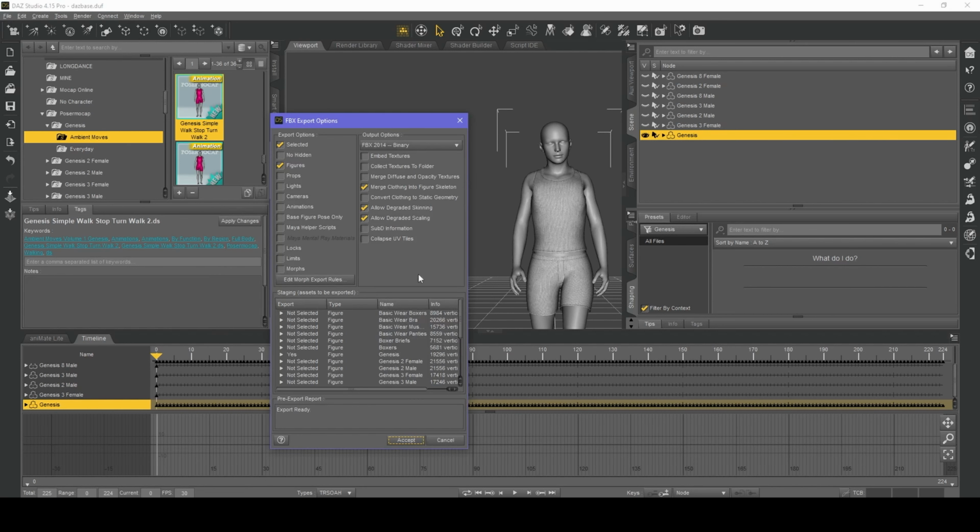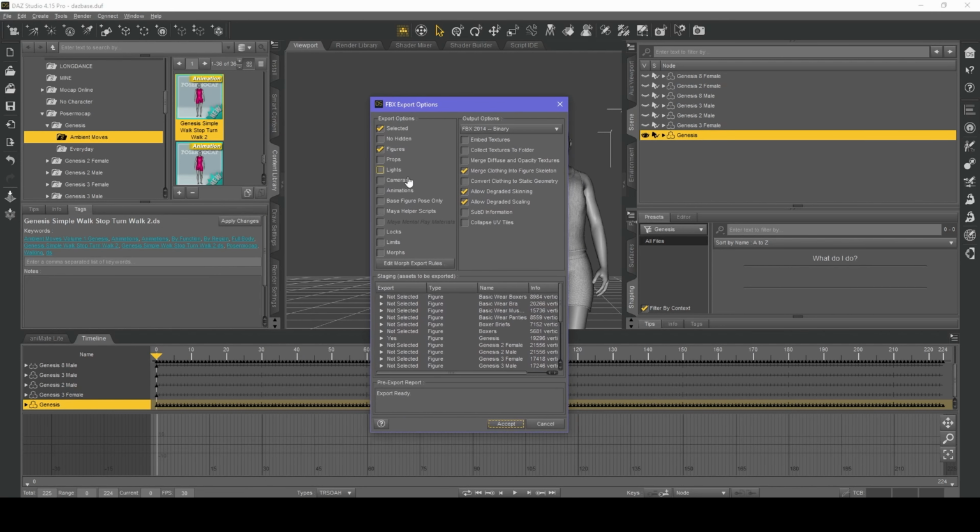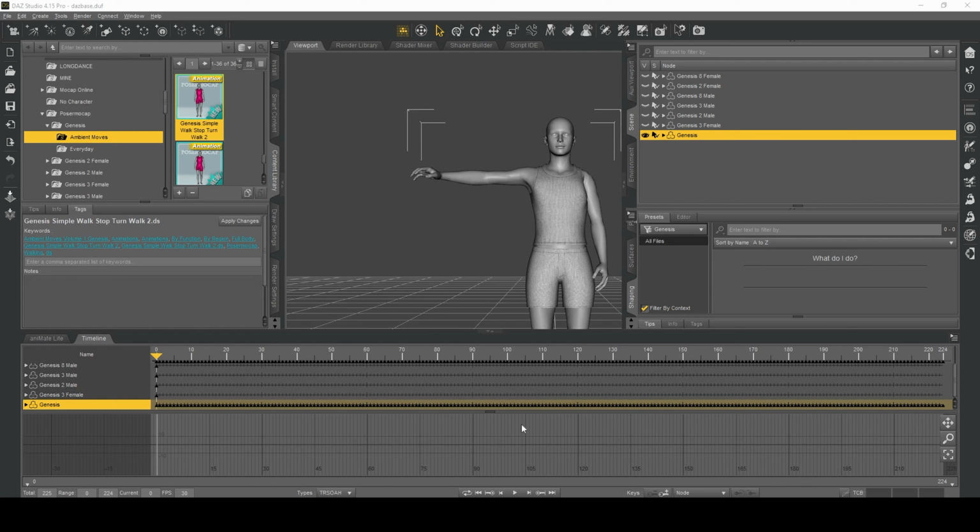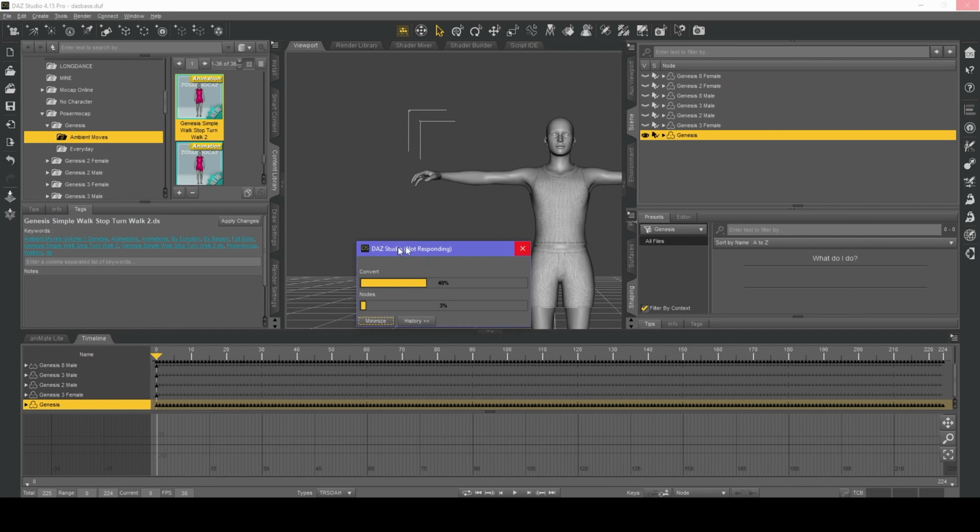Click accept, and this box opens again. Now, for some reason, I don't know why it is with the Daz, maybe it's just me, but I have to tick animations in this dialog box. The plugin doesn't seem to do it itself. Now, as I said, it's probably something that I'm doing wrong, but anyway, make sure animations is checked. We don't want morphs or anything like that, and hit accept. And it will go through and it will hopefully transfer to Unreal Engine. There we go.